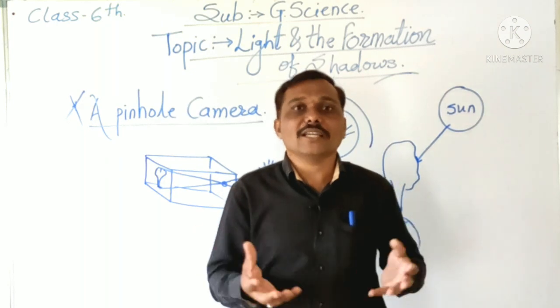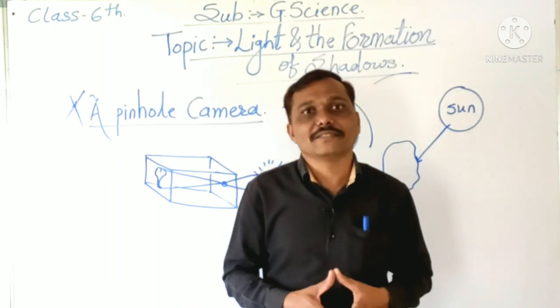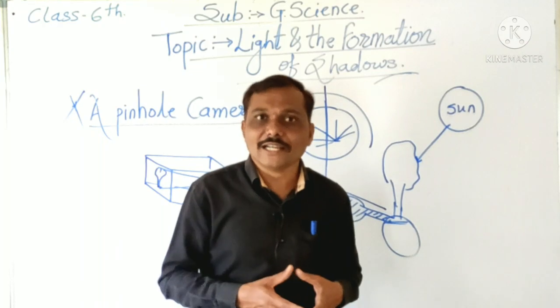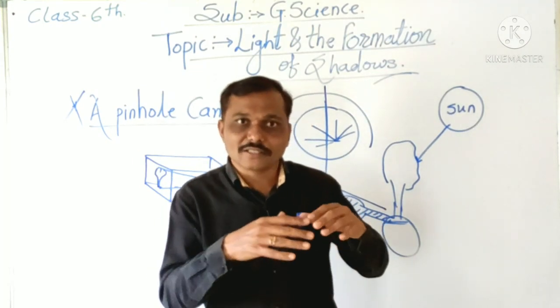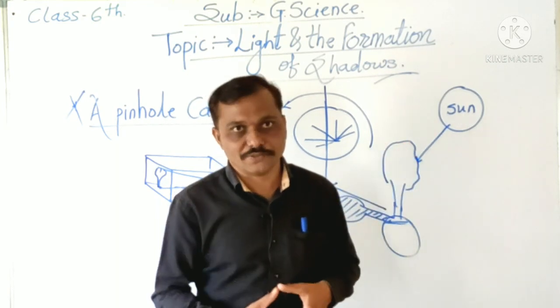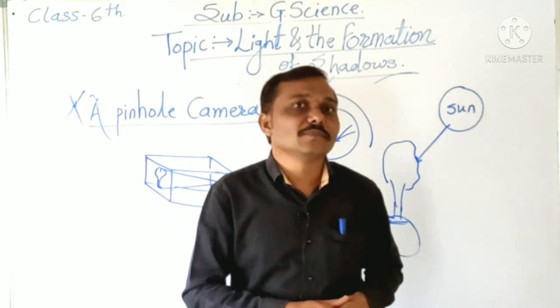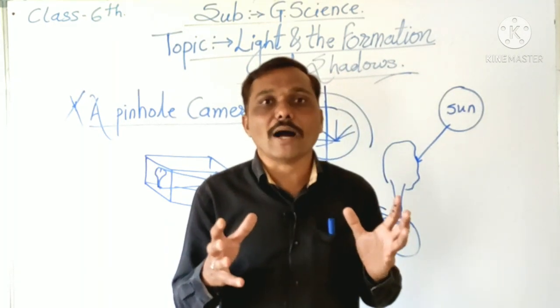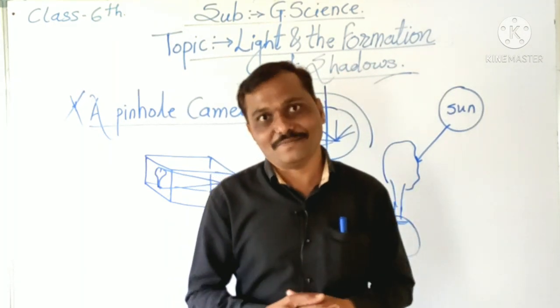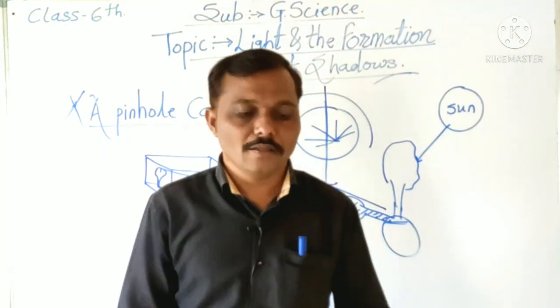The rainbow is another example of scattering of light. So in this way, we can clearly understand that when the light passes through any object, it divides into different colors. It means that we can clearly understand that light is formed from these different colors. Which are these different colors?